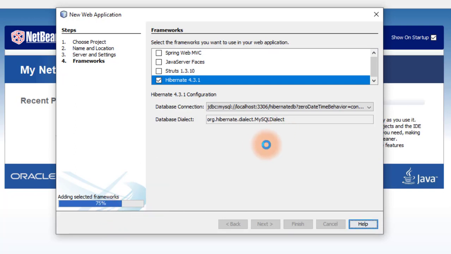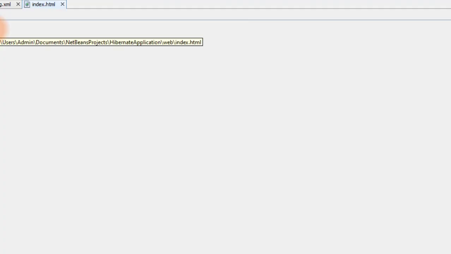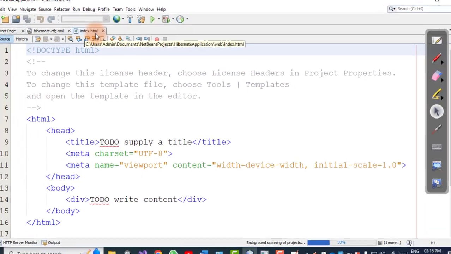Just wait for some time. As we can see here, it is loading all the libraries. The 75% is completed. Now the project is created. Okay, so this is my index.html, which is a default file created by the web application in Java.